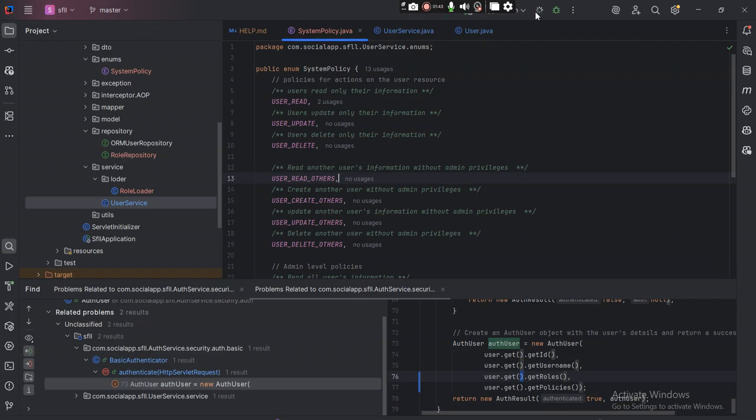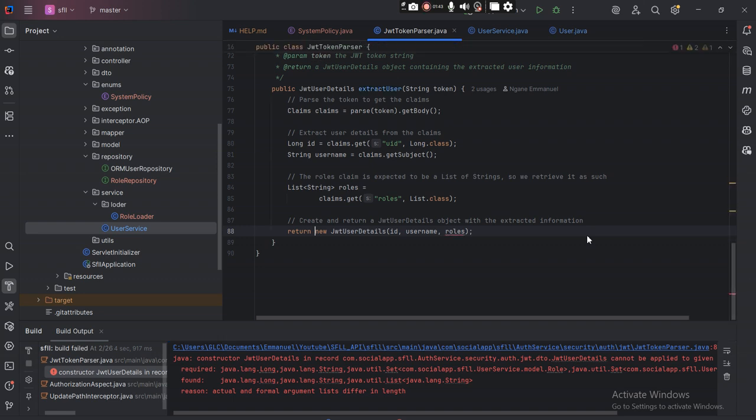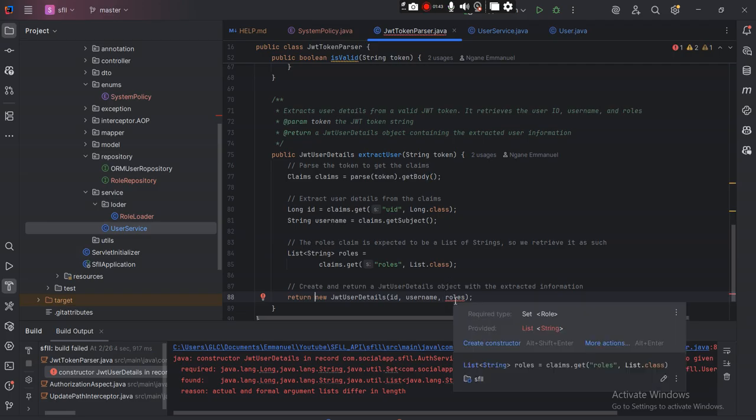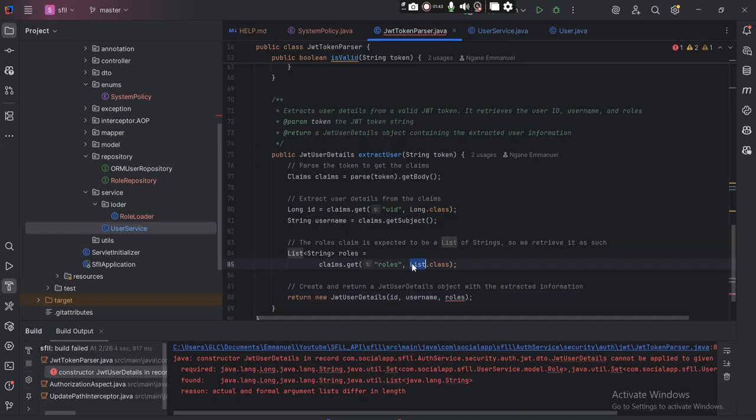Right, so we have a system here that has this policy, and the question now is, let's see if we can run this and this will run. Now I think that will crash really badly. Yes, yeah, there we go. JWT token parser provided list of strings, list of class, dot class. So set